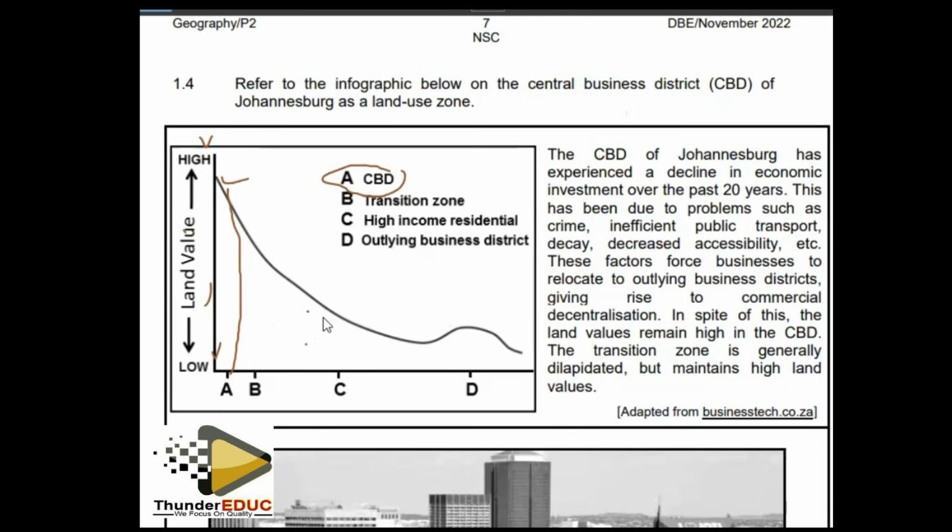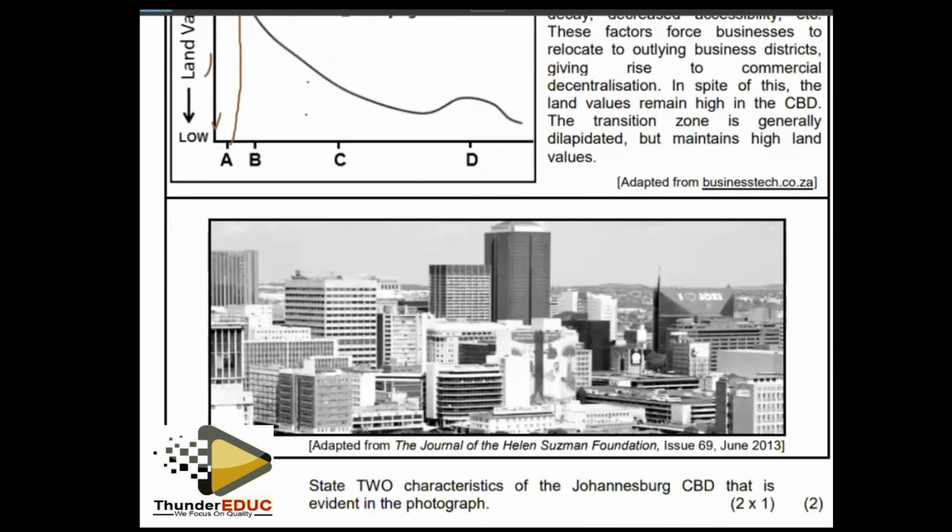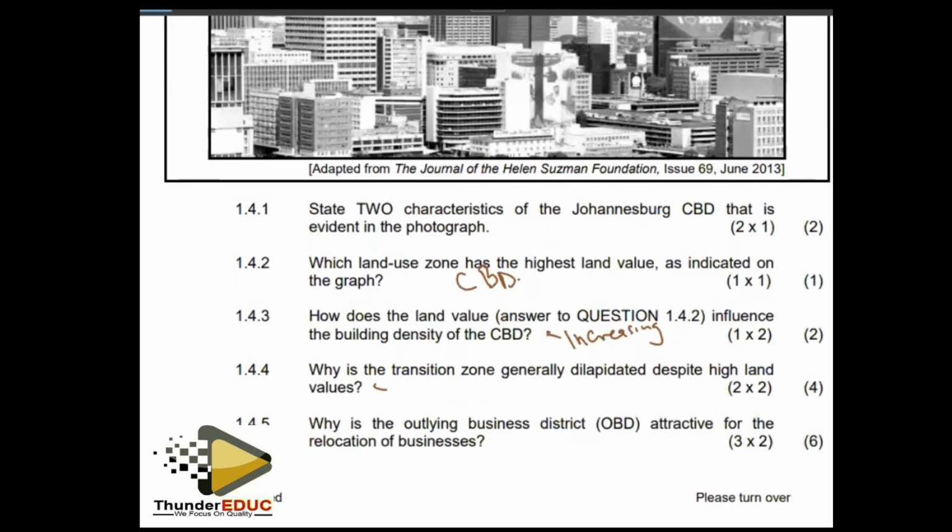Therefore, we are going to say that the CBD expands into the transition zone. That is one reason. So as it expands into the transition zone, it keeps the land value high. Okay, so we shall say the CBD expands into the transition zone. As it is going into that area, it takes that area away. Then we also say that